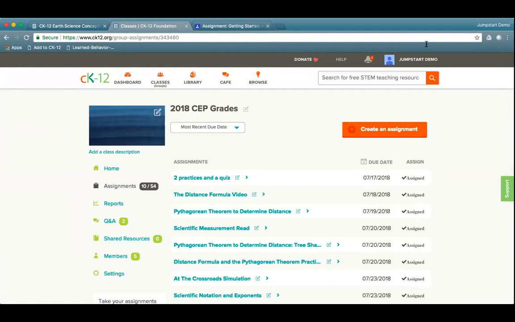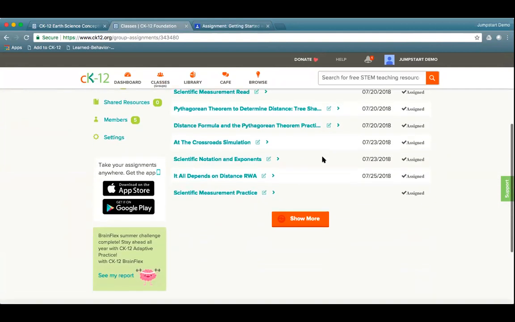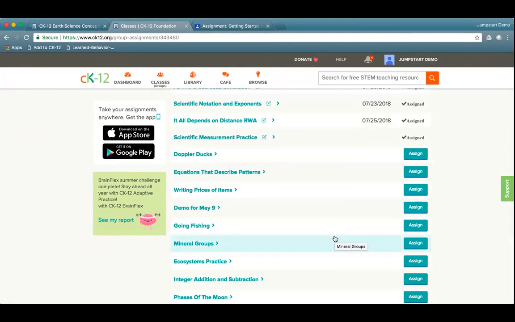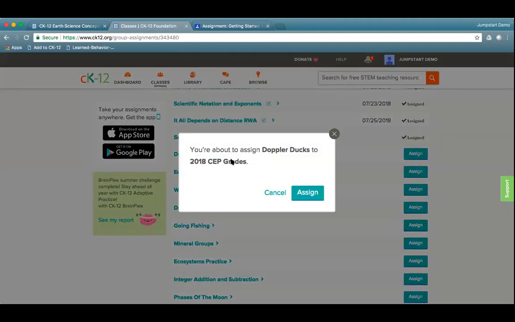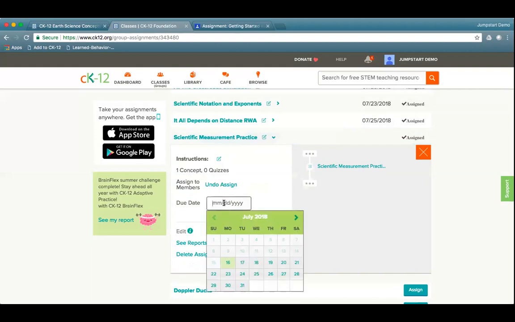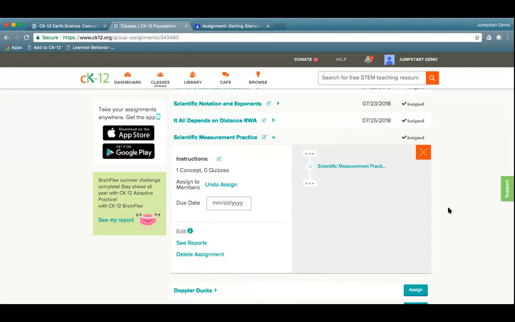right here. So if I look here, these are the ones I've assigned to this class right now. But if I show more, you can actually see any content that I've assigned to any of my classes. And so I can quickly assign that to a class here. I could set a due date for this new piece I'm about to assign. Once I'm within that, I could then expand it and edit this or add a due date. So you have options within that piece to pull assignments you made in the past and reassign them accordingly.